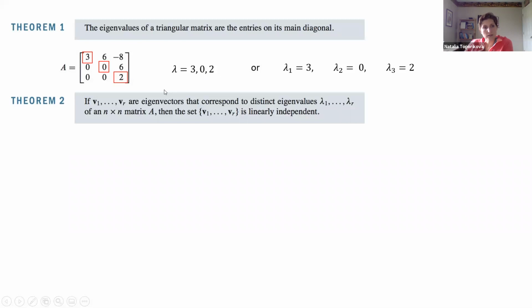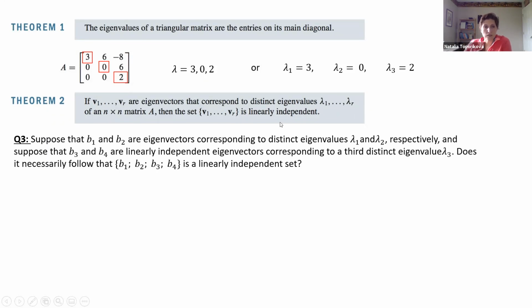Okay, the second property is a little bit less straightforward, but it's related to our definitions of eigenspaces, which we discussed in the previous lectures. If we have several eigenvectors, say from v1 to vr, which correspond to distinct eigenvalues from lambda 1 to lambda r, then the set of those vectors v is linearly independent. And that's a really important property because it helps us to find a lot of interesting solutions for the matrix